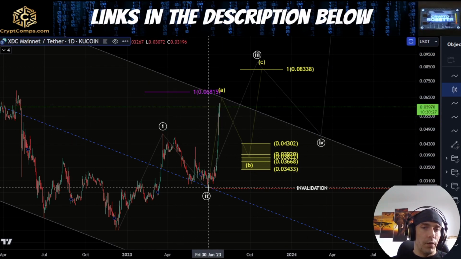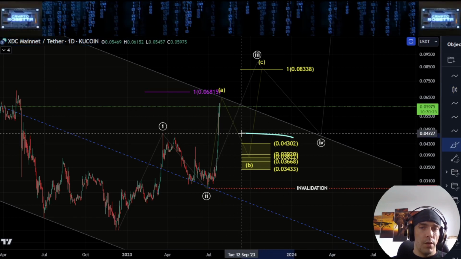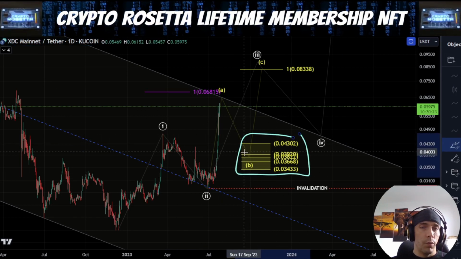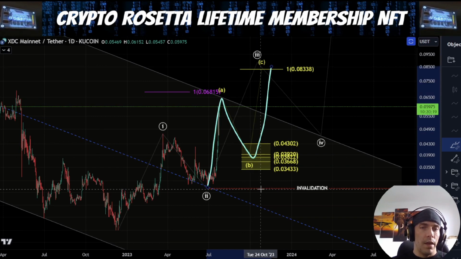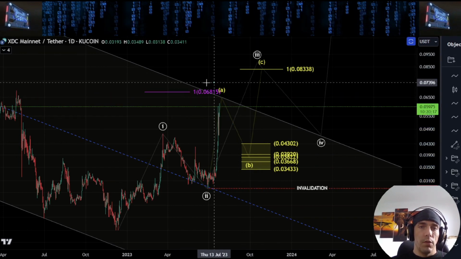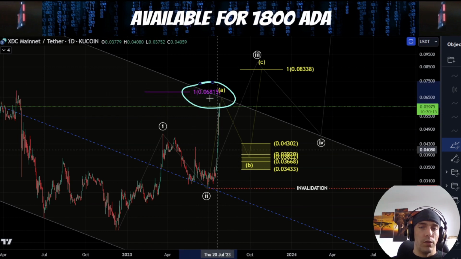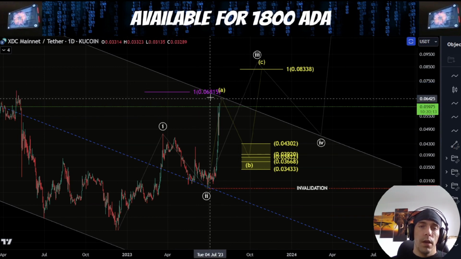So we're going to have to keep an eye on this and how we react. The areas are going to be the same for these as a support zone. If we do push up here as this A wave, we'd be looking for this idea of an ABC, and then we'd be looking to see whether we push up higher than this zone here, or alternatively, if we do,